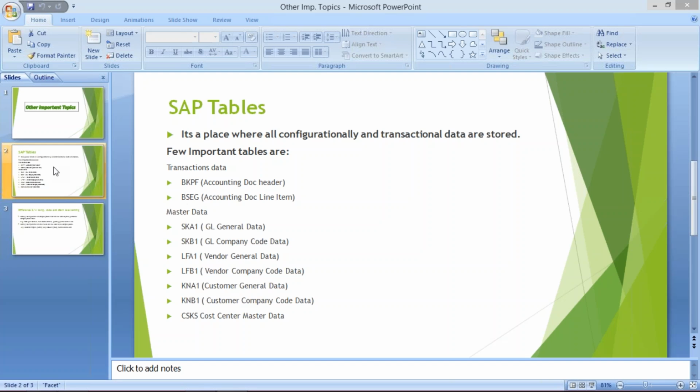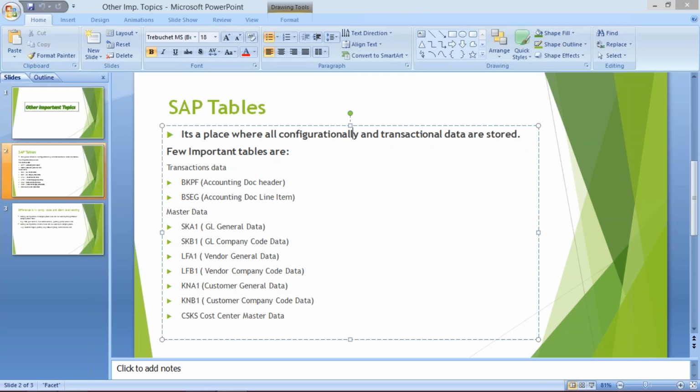So, the question is, what do you mean by table? What is this table all about? And the answer is, it's a place where all the configurational and transactional data are stored. Now, see guys, whenever we do certain configuration, whenever we post certain transactions, whenever you create any master data,